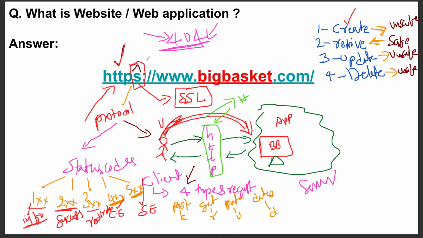So that's the reason, guys, this protocol SSL was introduced, like a third party I just explained. Now, whenever a user makes a request, your request will not go directly to BigBasket. Your request first goes to the SSL, Secure Socket Layer, and from there your details will be completely encrypted, and that encrypted data will be given to BigBasket. Again, whenever BigBasket gives the response, it goes back to the SSL and is encrypted again, and at the user side it is decrypted. That way, SSL gives high security for websites.